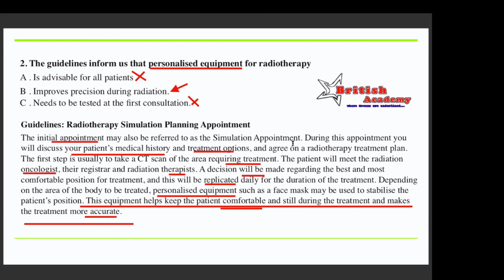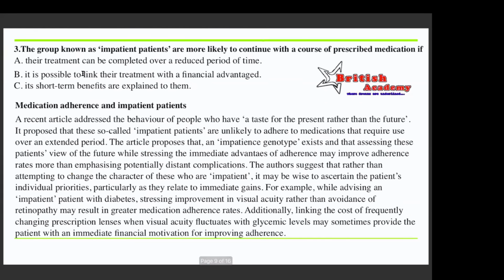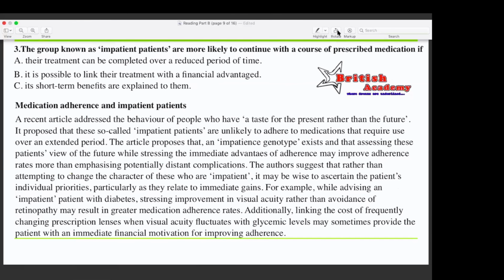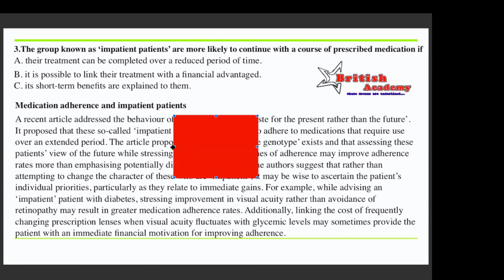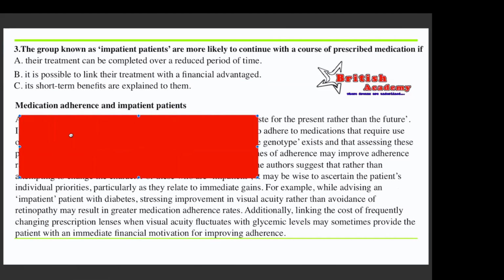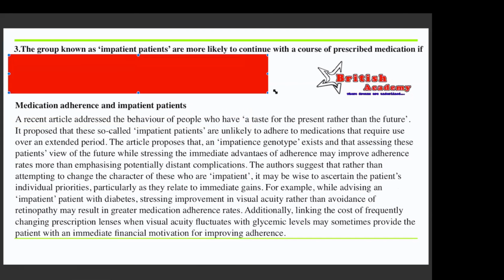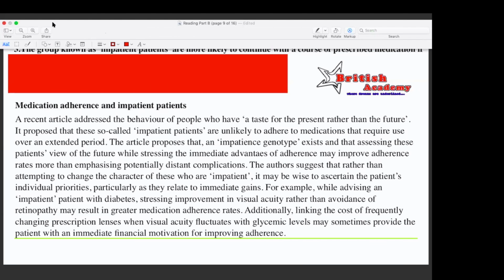Okay, now let's move on to the next one. Third one, an interesting one, and I would say a lengthy one as well. Now don't cheat, don't look at the options. Let me cover that for you. Here we go. Now you have 30 to 40 seconds in your hand. Read the question properly, read the context, understand what it is, then I will reveal the options to you. You can comment which can be the right option, then I'll have a discussion on that. I'll give you exactly 40 seconds. Here we go.